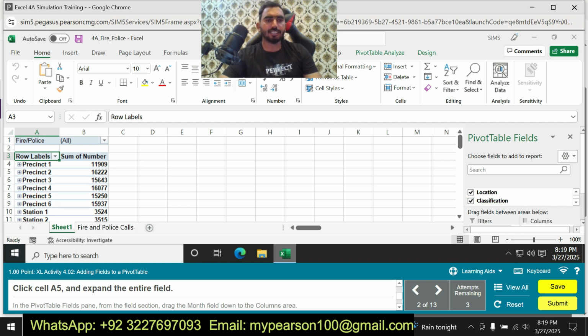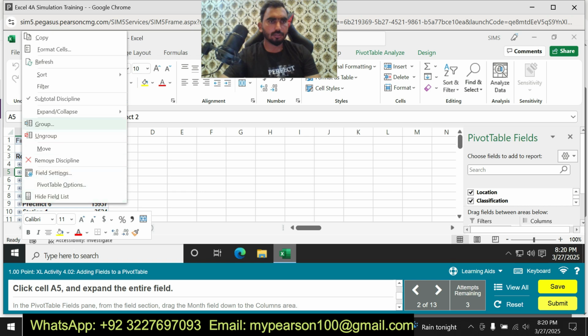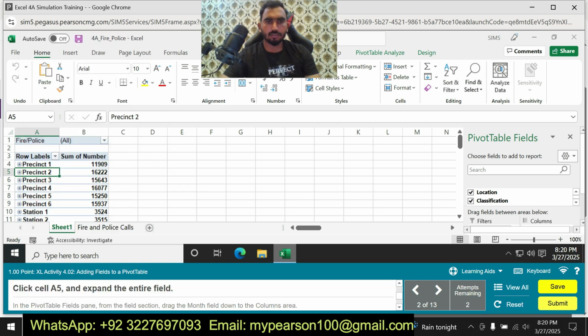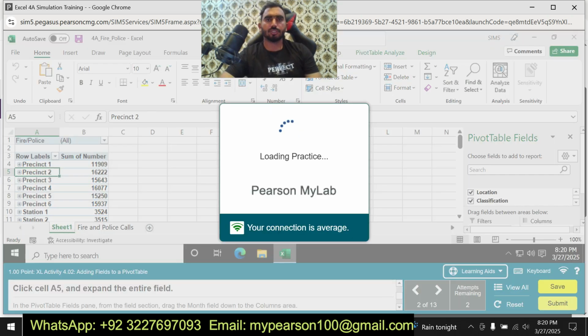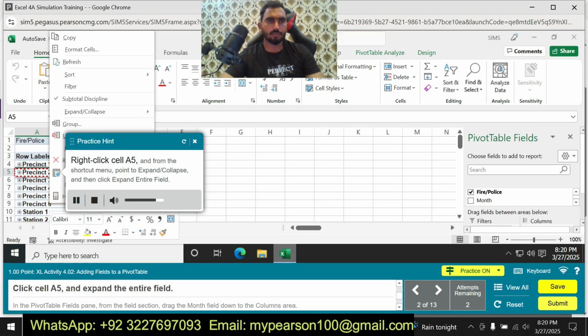Click cell A5 and expand the entire field. A5. Click cell A5 and expand the, let's see here, I am going to do this one. Right click cell A5 and